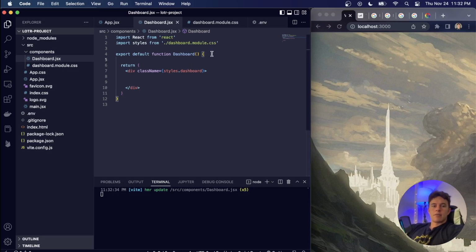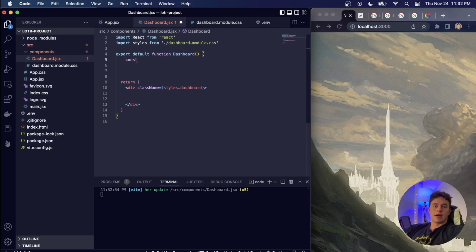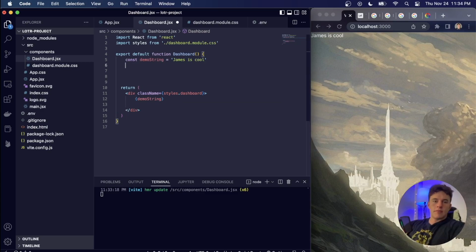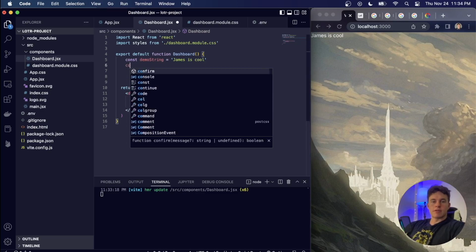Now, as I kind of mentioned earlier, one of the benefits of React is that it's very, very dynamic. It's great for dynamic pages because the content can be easily interacted with JavaScript and consequently is not very static. An example would be I can say const demo string is equal to James is cool, and I can render that out onto my page simply by using curly braces. Curly braces are used to contain JavaScript inside of the JSX or the HTML, and I can just call demo string. Equally, I could have a truthy statement, so I could say